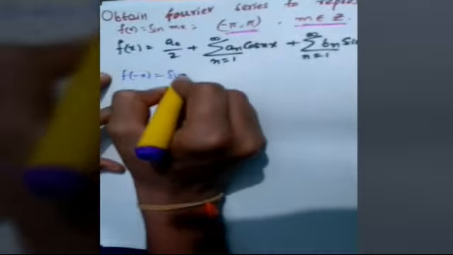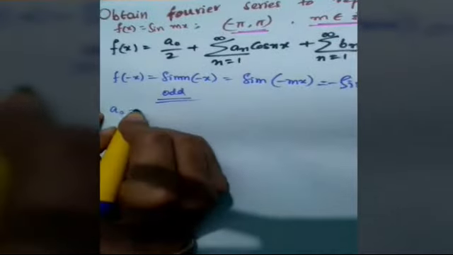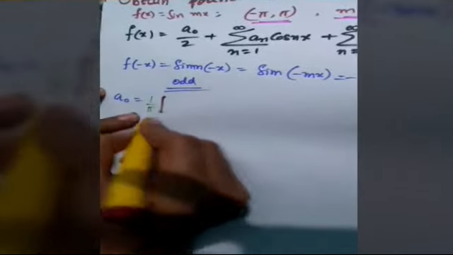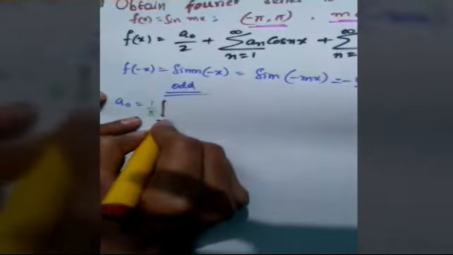We have the function is sin mx, and also we know f of minus x is equal to sin m into minus x, that is sin of minus mx, that is minus sin mx. We know this is an odd function, hence we can decide that it is an odd function. Therefore a0 is equal to